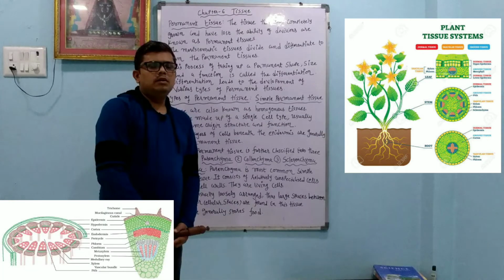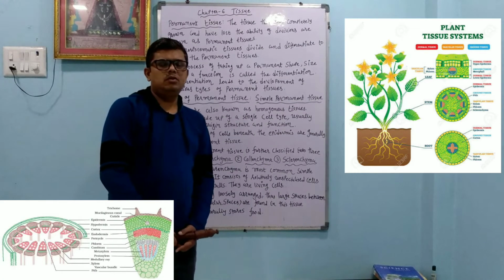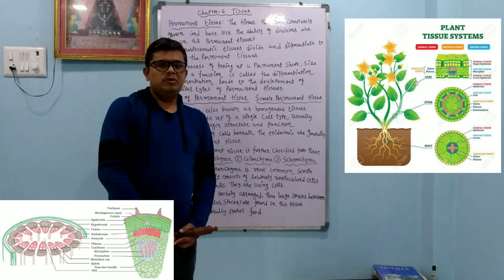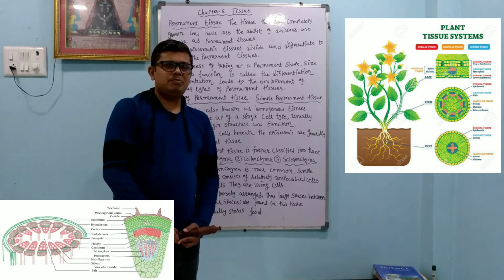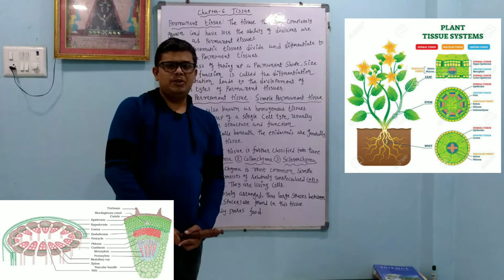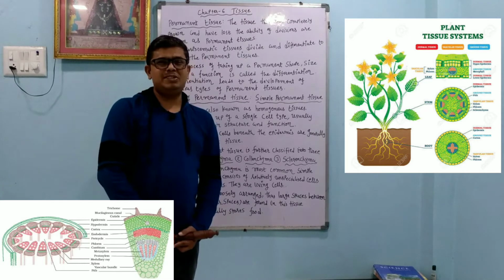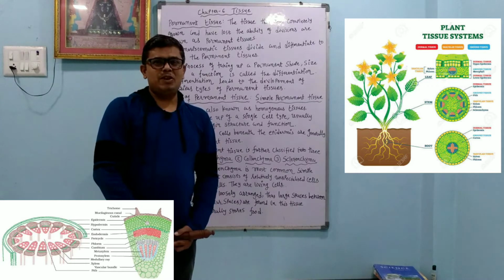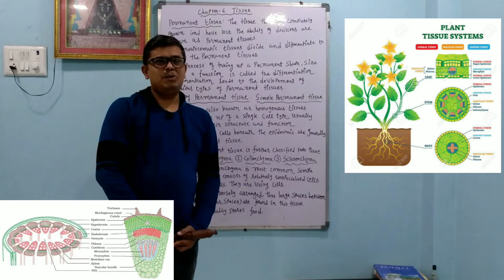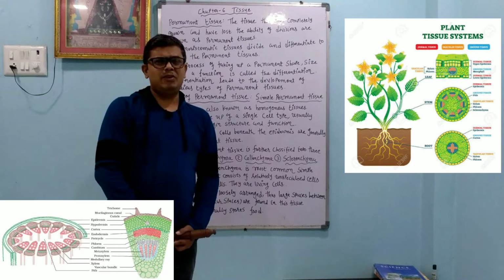Dear students, we are going to learn about the permanent tissue. Permanent tissue is formed from the meristematic tissue. Meristematic tissue is further divided and makes the permanent tissue. Permanent tissue means that after this, cell division does not occur. Permanent tissue is divided into two categories: simple permanent tissue and complex permanent tissue. Simple permanent tissue is divided into different categories like parenchyma, collenchyma and sclerenchyma. In that, parenchyma is divided into aerenchyma and chlorenchyma. So one by one we will learn.